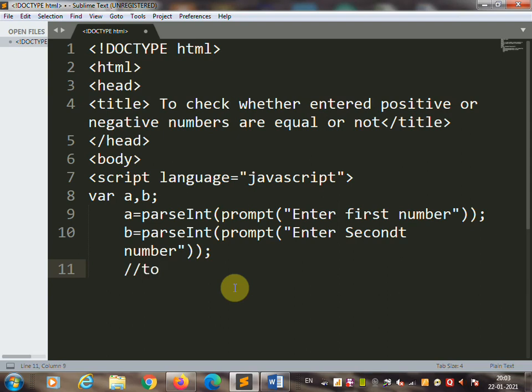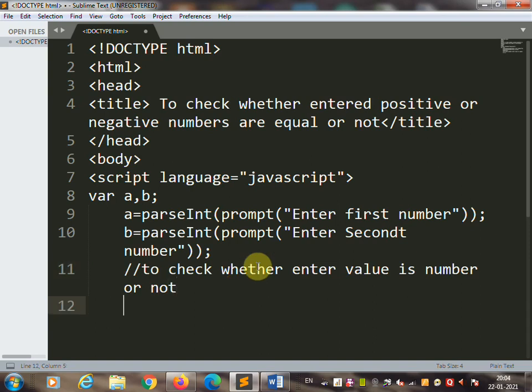Comments are not executed; they are only for understanding why we use a statement in the JavaScript program. So here we can write: to check whether the entered value is a number or not.